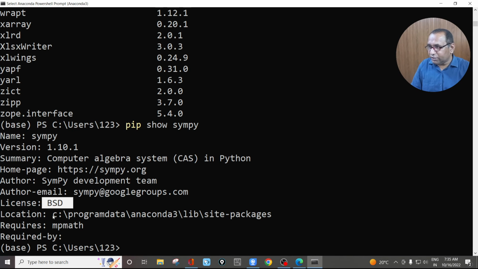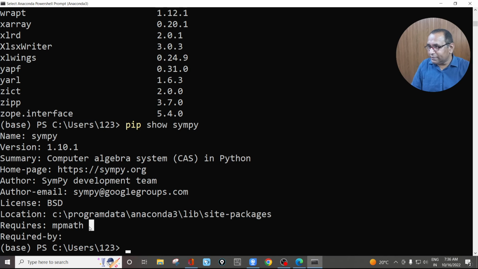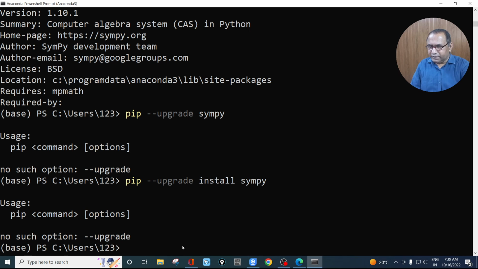And this is the location. You can see C, ProgramData, Anaconda, then Lib, then site-packages. Okay, this is the path for SymPy, and mpmath is required for the same. Now if you want to upgrade a package, we will use the statement pip install --upgrade SymPy,